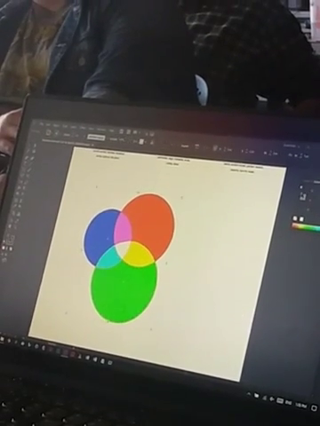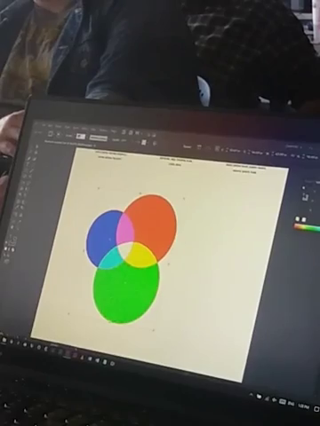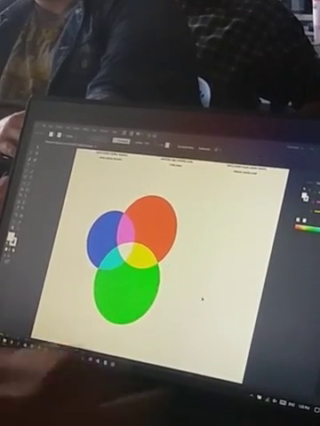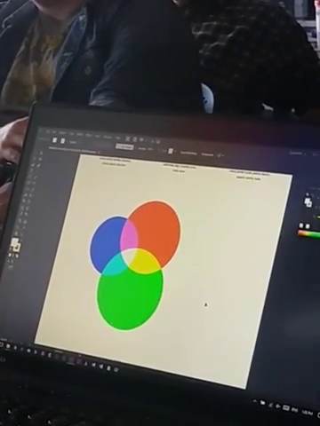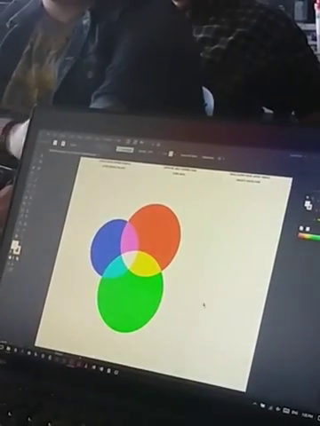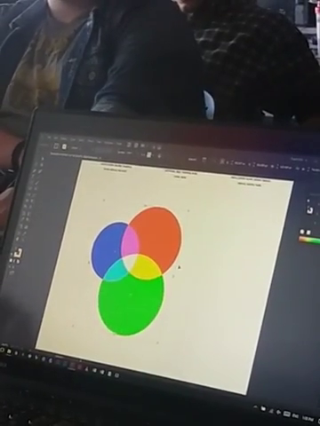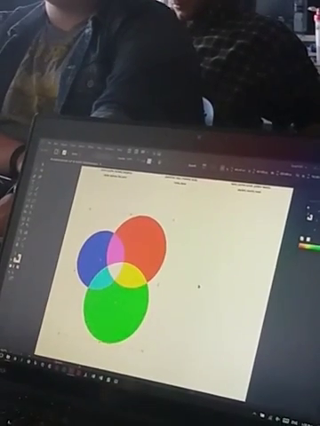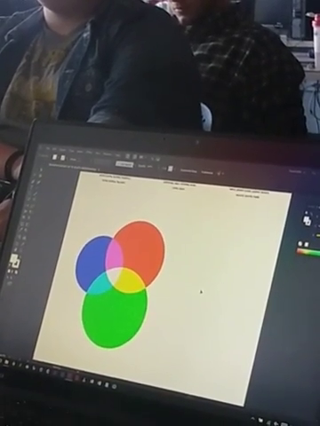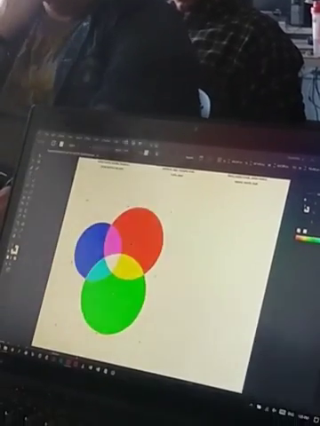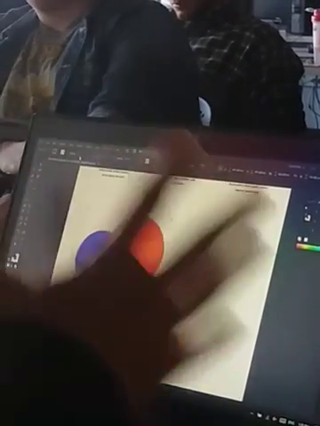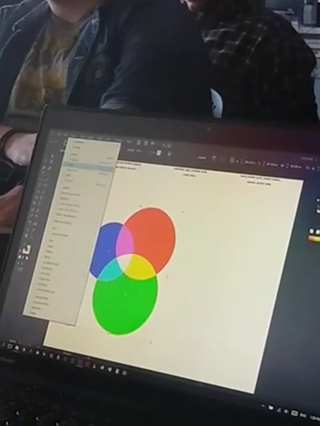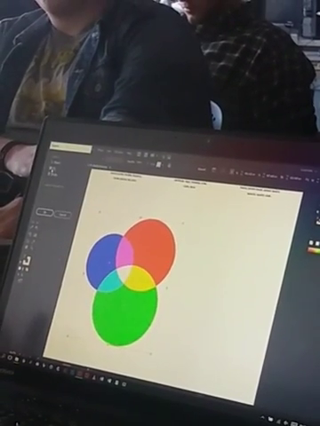I can do this, and I can even remove the stroke, so it's just that live paint object. Or I can go and change the color of the stroke. Again, this is great because now I can just go in and change colors. But let's say now I'm done with this live paint object, I want to break it up into its individual shapes. I can go to Object, expand the object,